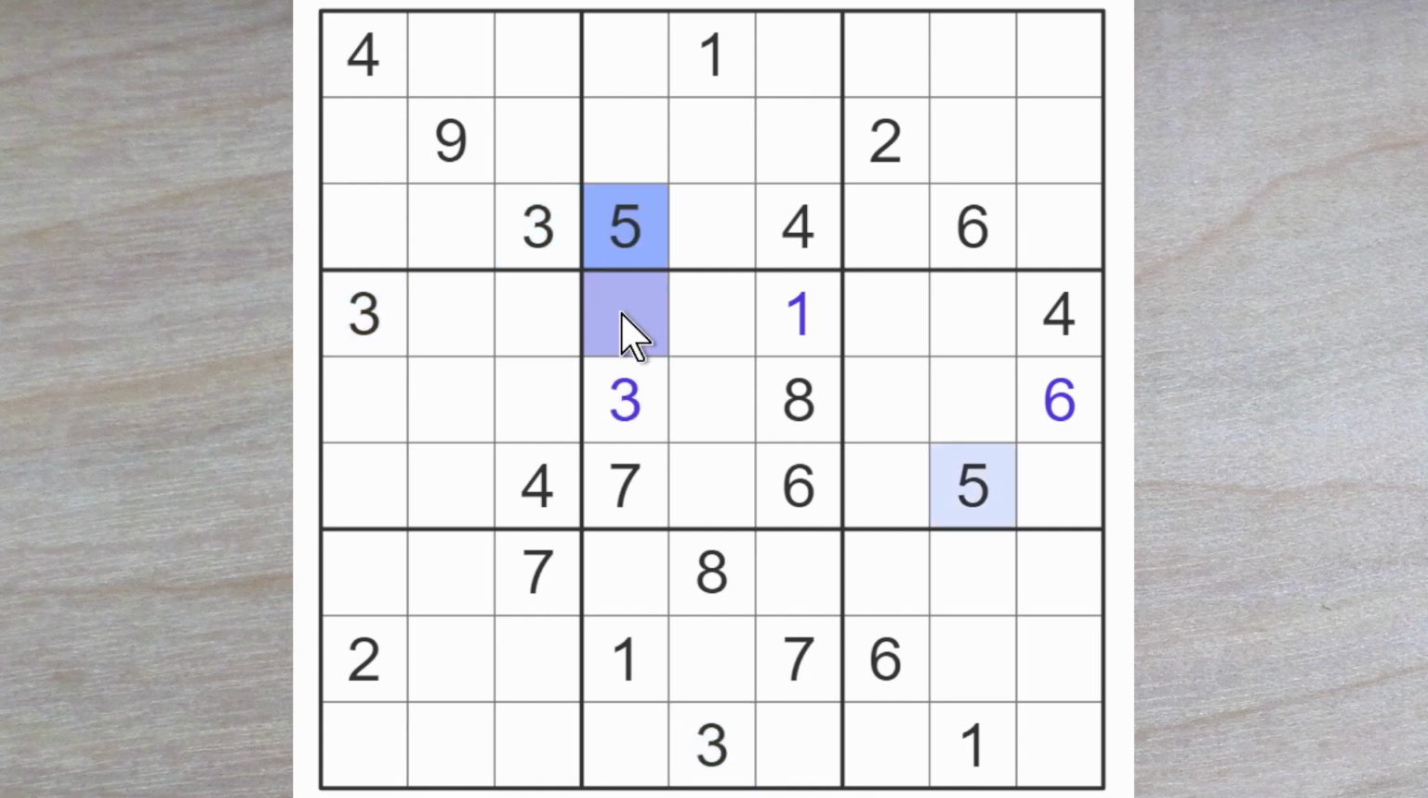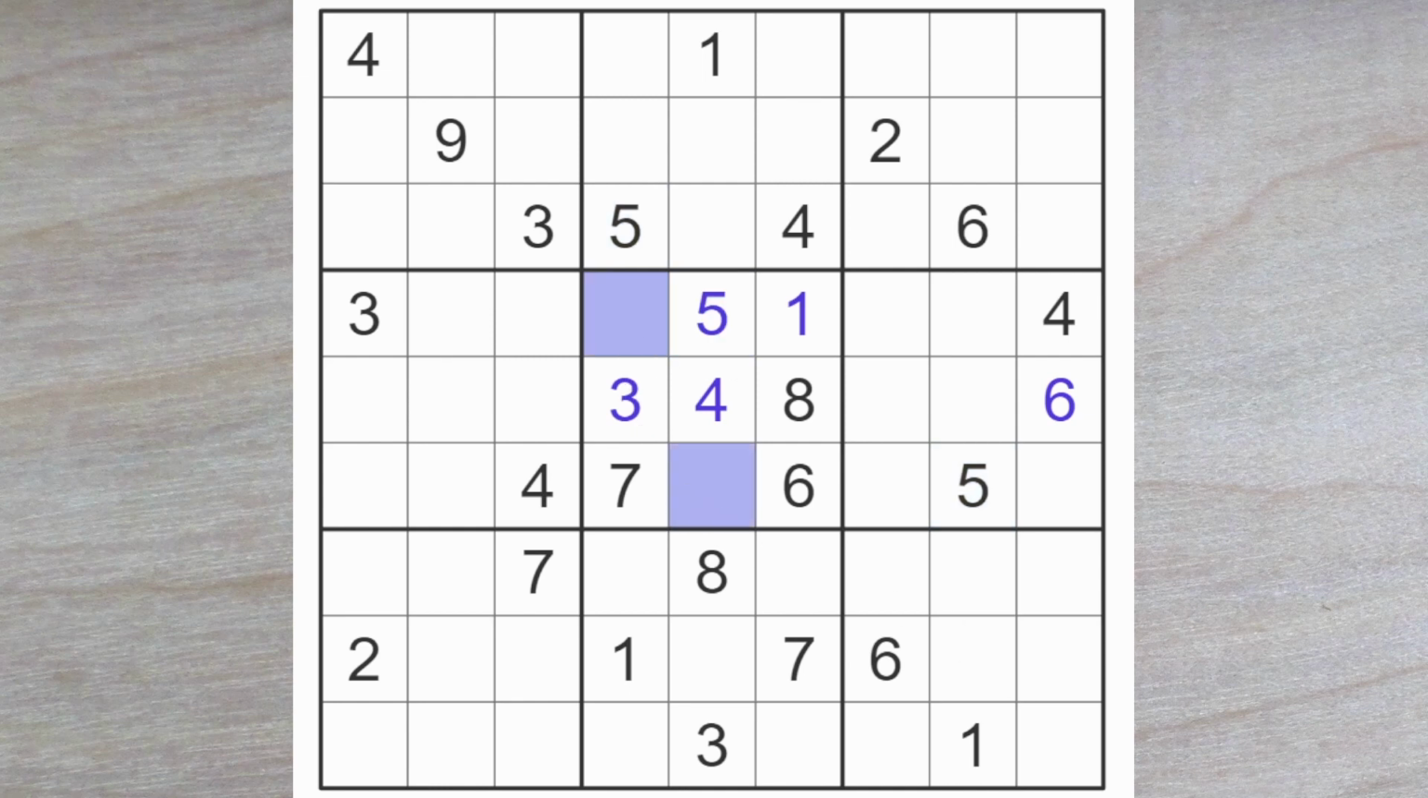A 5 blocks down here and a 5 blocks over here. So one of these is a 5, and therefore one of these must be a 5. Likewise, a 4 blocks over here and a 4 blocks over here. So here's a 4, and therefore one of these two squares must be a 4. So this 5 blocking over and this down makes this a 5, and these two squares have to be a